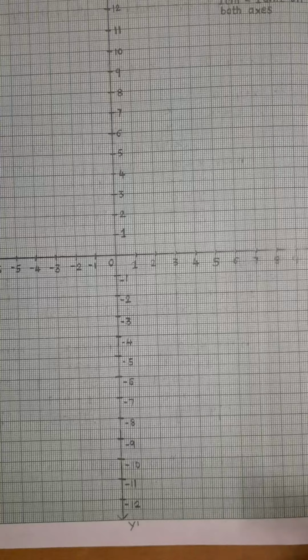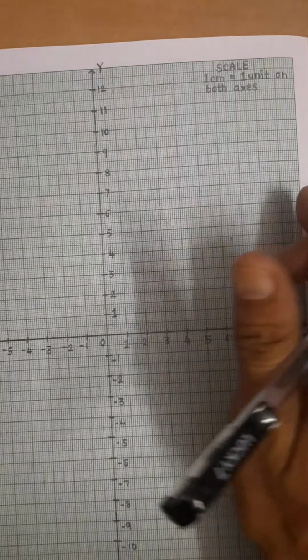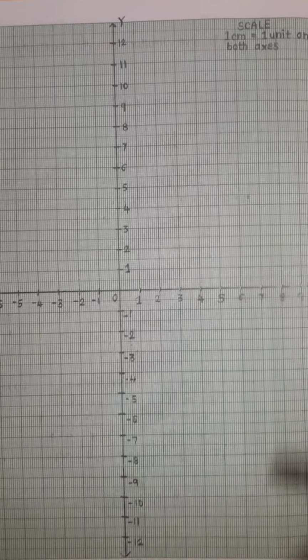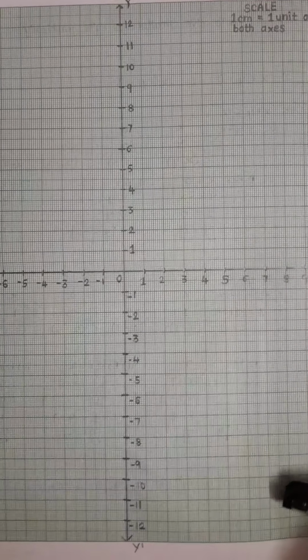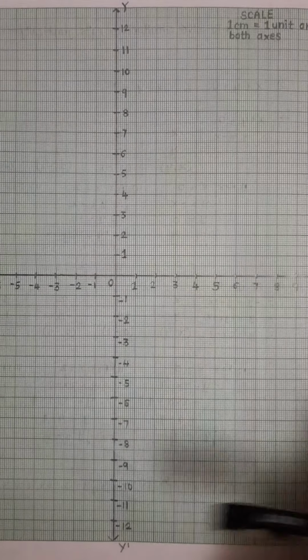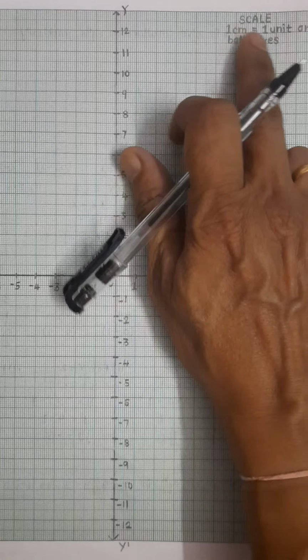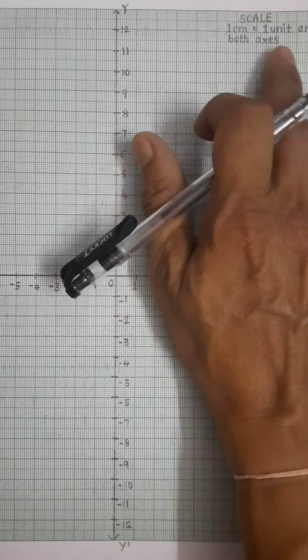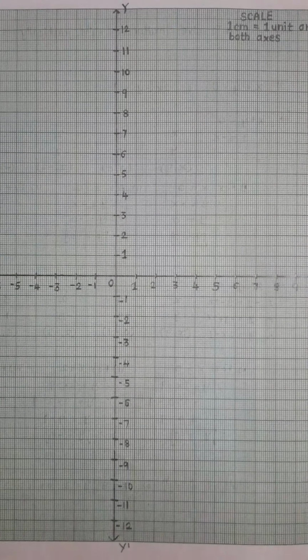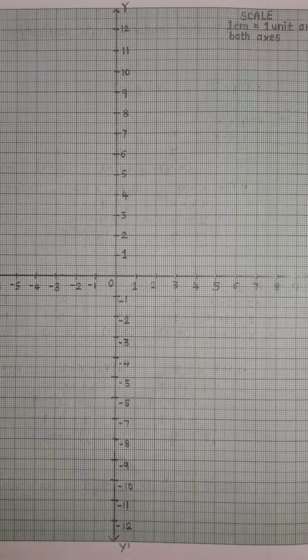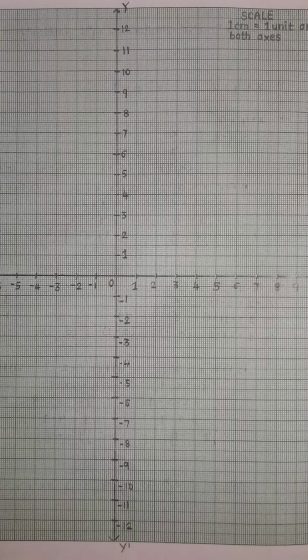It is y dash. Now you have to take care while writing the scale. It is compulsory, you must write the scale: 1 centimeter is equal to 1 unit on both axes. That you have to write. Now we have to plot our